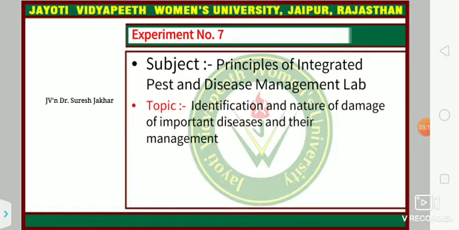Hypertrophy is the abnormal increase in the size of plant organs due to an increase in the size of the cells of a particular tissue. Then hyperplasia, the abnormal increase in the size of the plant organ due to an increase in the number of cells of which the tissue or organ is composed, owing to increased cell division. The overgrowth causes galls, curls, pockets or bladders, hairy root, witches' broom, and enation.